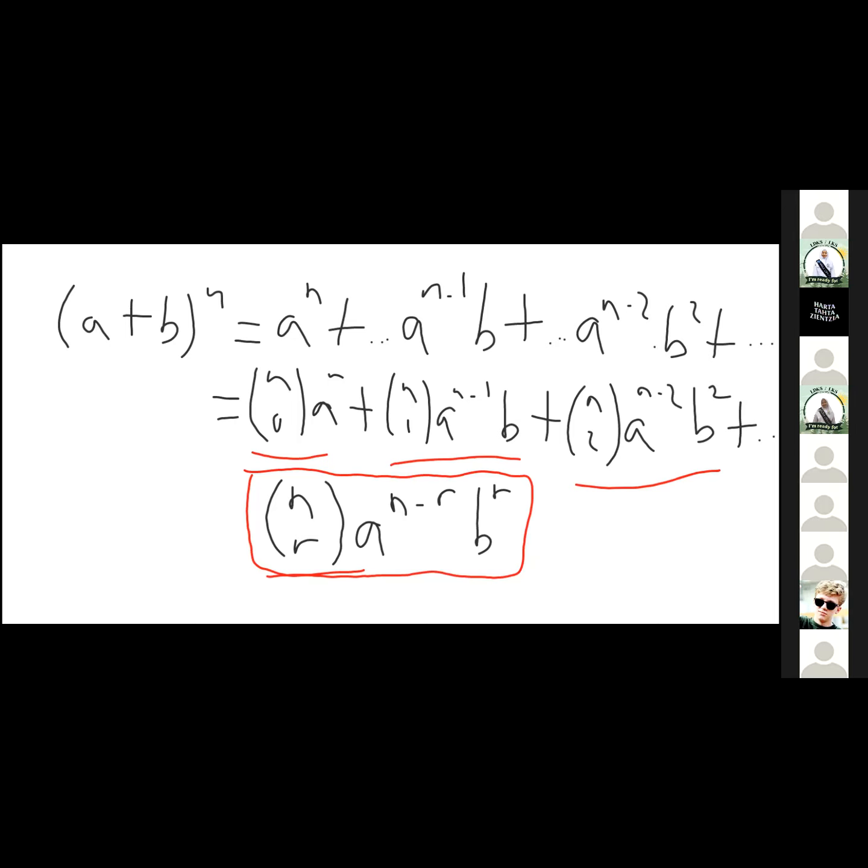Sebentar, apa nih? Oh ya. Okay, so any question? Belum ada ya, insya Allah. Mungkin untuk sekarang, kalau ada pertanyaan silakan langsung saja ditanyakan ya. Tadi saya mau melanjutkan ke